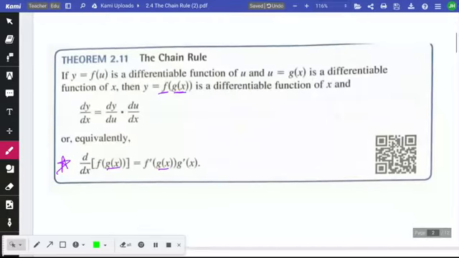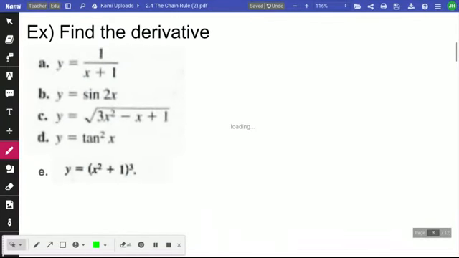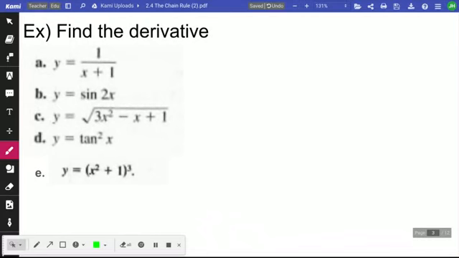Okay, and a lot of that's easier to understand through an example. So we'll do several examples. So we're going to find the derivative of y equals 1 over x plus 1. What I would do first is I would rewrite this as (x plus 1) to the negative 1. Now, of course, we could do the quotient rule, but for the sake of practicing the chain rule, we're going to do the chain rule. So you could do low d high minus high d low over the square of what's below, or I could do the chain rule, which says that (x plus 1) to the negative 1,